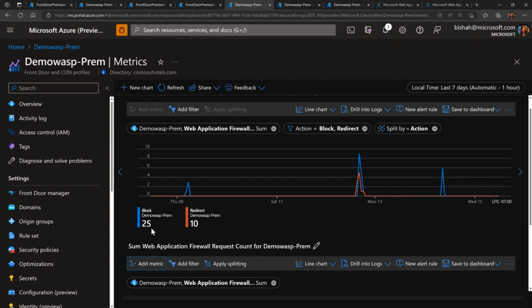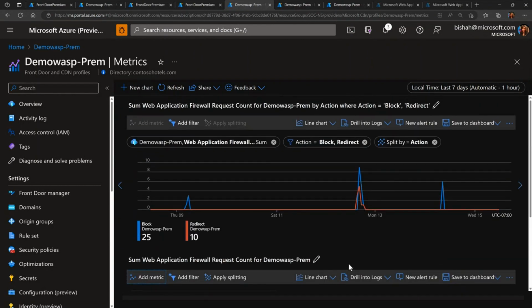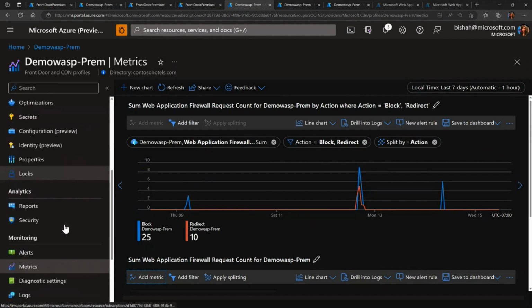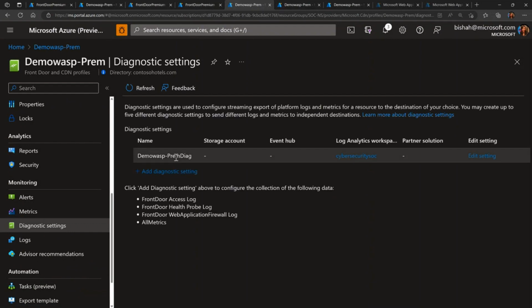That was the other rule where I drop a request based on rate limiting. And then the redirect rule is what we recently ran, but then I have this splitting that shows me what kind of traffic ran when. And while these many requests were blocked, the total number of traffic was a lot more. So the legitimate traffic is still there and working, but this metrics dashboard gives you the ability to see that information. And as always, diagnostic settings: make sure you have a setting